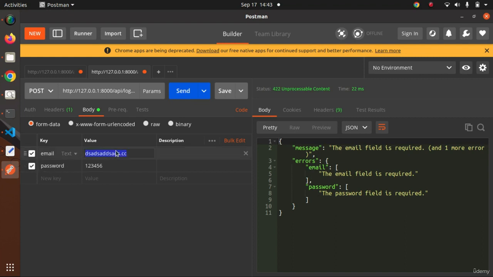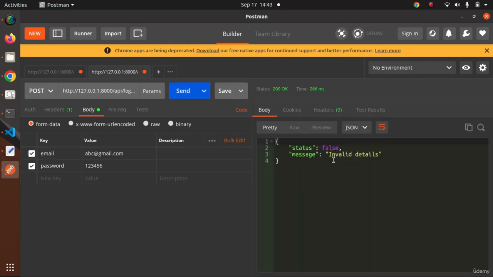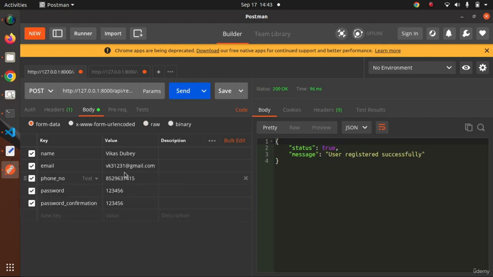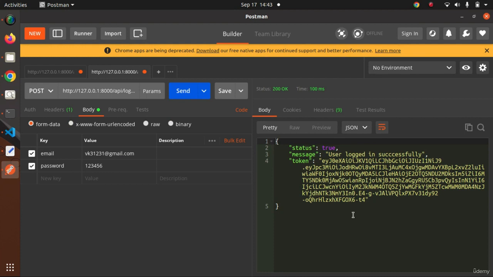Now here let's pass a valid email value, abc@gmail.com. Click on the send button. So here we have invalid details. Now this time I will pass valid details. Let's copy this email value, which we registered in the last video. I will pass it inside this email address, and the password is also okay. Click on the send button. Now we can see status equals true, message equals user logged in successfully, and